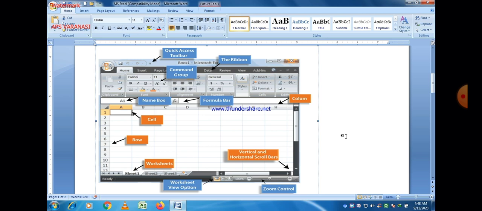The ribbon is also there, the command group is also common. The vertical and horizontal scroll bars are also there. You can zoom your MS Excel sheet, and different worksheets are also available. By default, 3 worksheets are there. You can increase the worksheets, rename a worksheet, and also delete a worksheet.